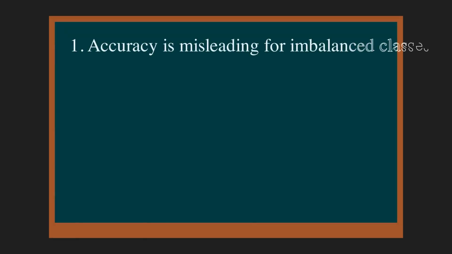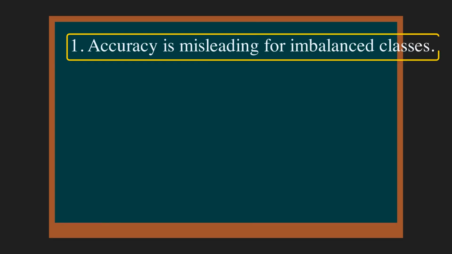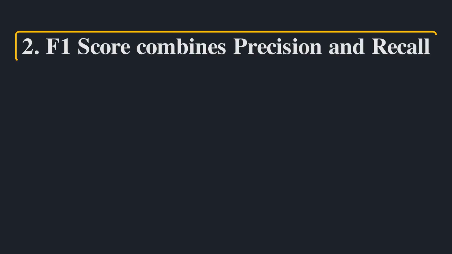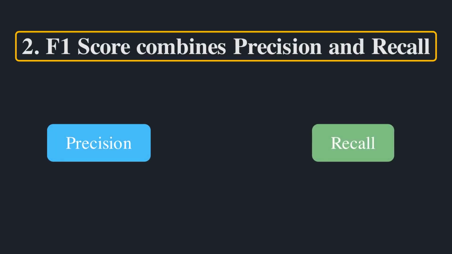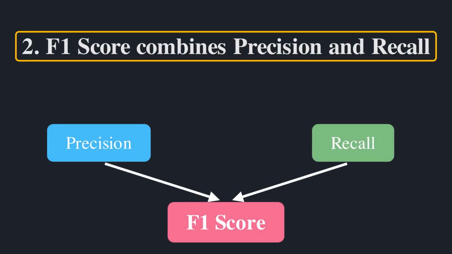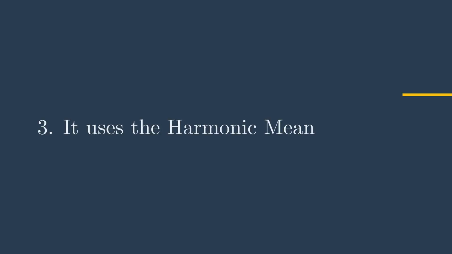So to summarize, remember that accuracy can be misleading for imbalanced classes, where one group is much larger than the other. The F1 score combines both precision and recall, and this provides a single, more reliable metric for evaluation. It uses the harmonic mean, which punishes extreme values, ensuring a model is rewarded only if it is strong in